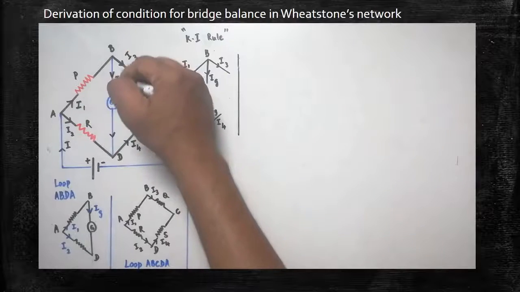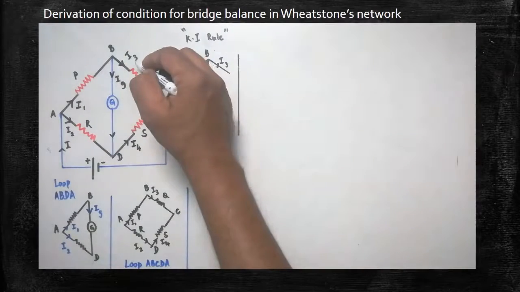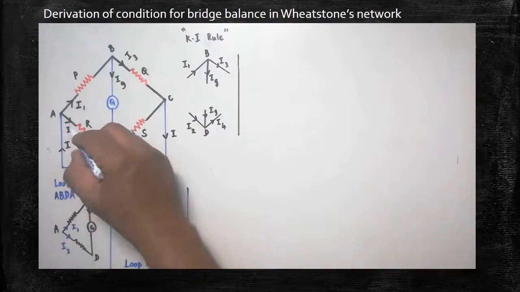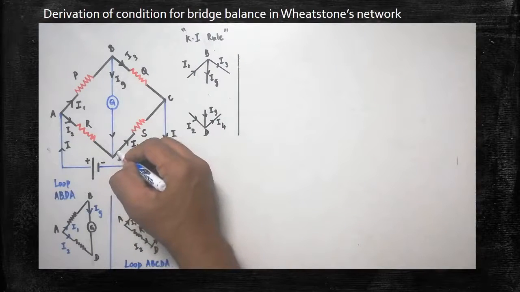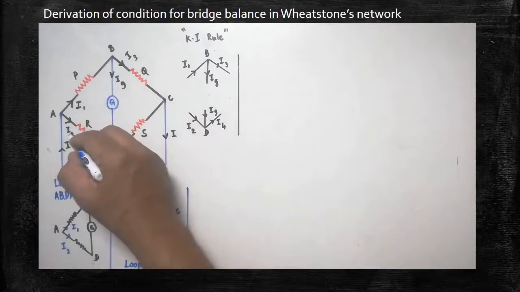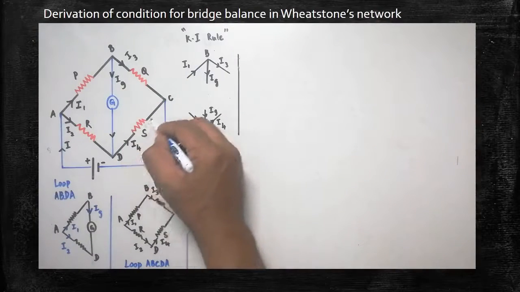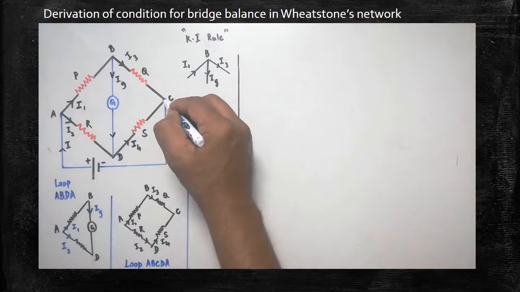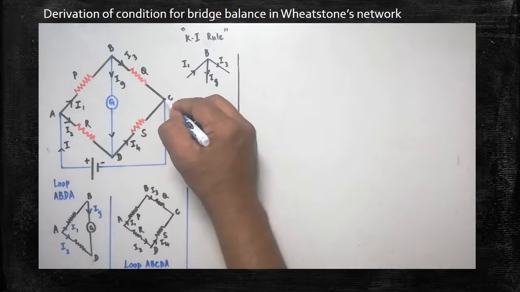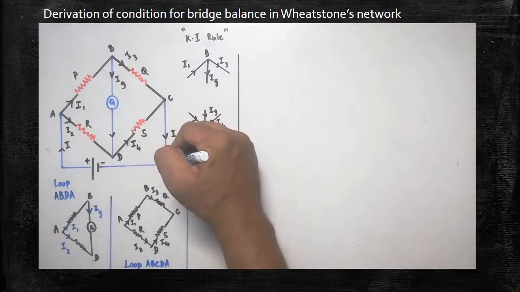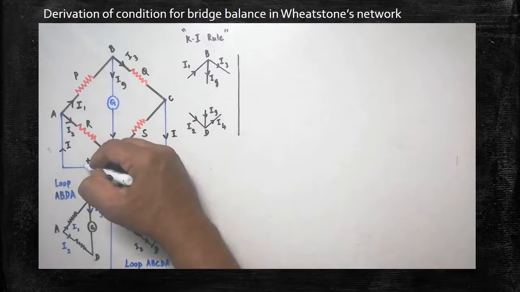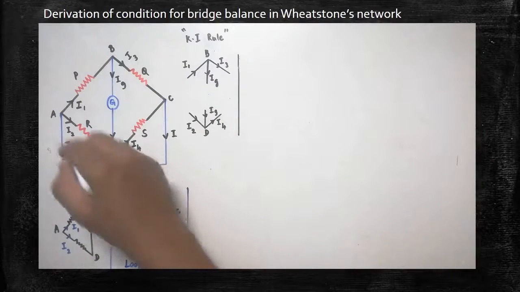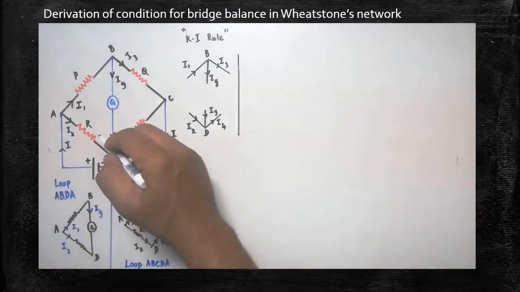There I1 is split into Ig and I3. So the current passing through Q is I3. The current passing through the galvanometer is Ig. I2 and Ig both meet at D, and Ig and I2 are added up and become I4. Again I3 and I4 meet at the junction C, and are added at C to become I. Finally, the conventional current that started here becomes I again and reaches the negative end. This is the explanation regarding the current flow.